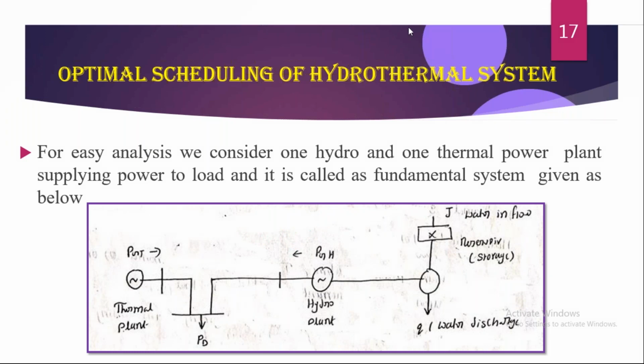In this mathematical operation, we are choosing these equations in the hydro power plant. One is the water flow, so this water inflow makes one mathematical equation. At the same time, water discharge also makes one mathematical equation, and power generation. So in total, there are three mathematical formulations. By using these three mathematical operations, we can schedule the hydrothermal scheduling. Let's see how the equations are formed and what parameters are involved in them.